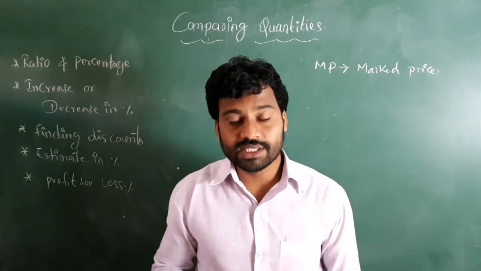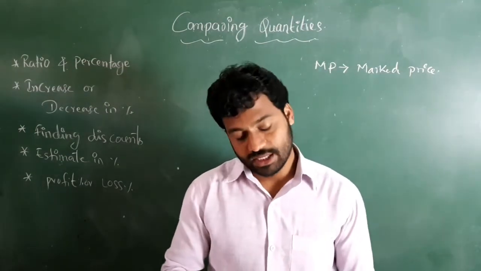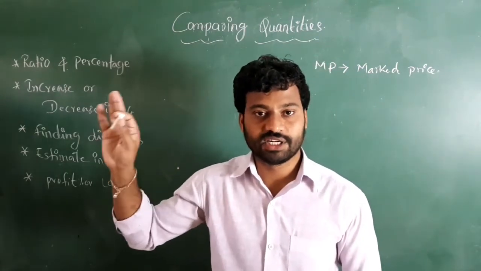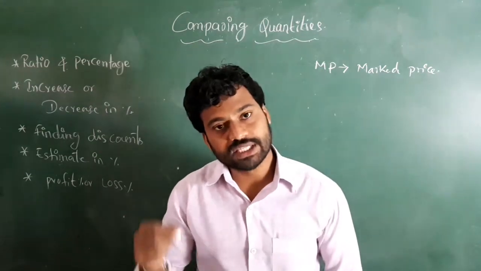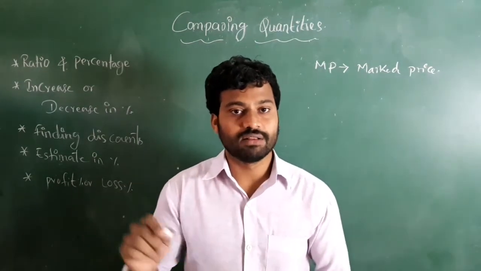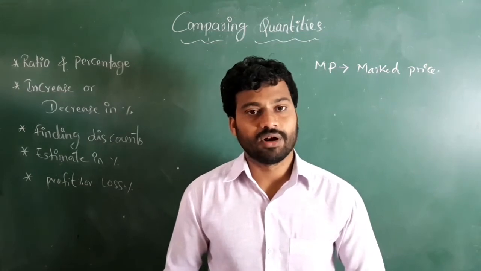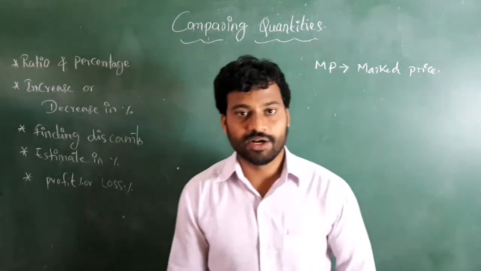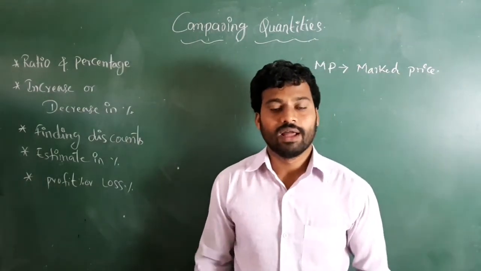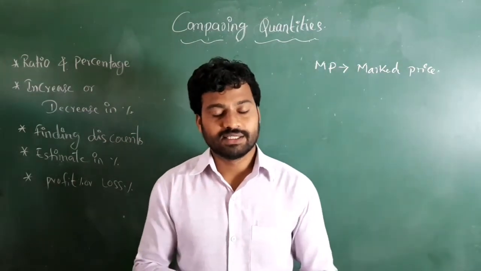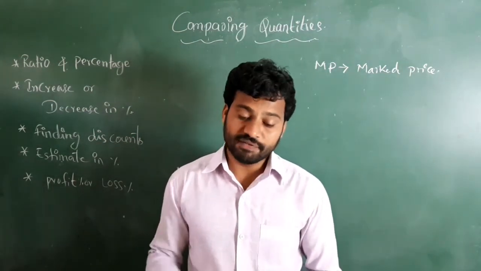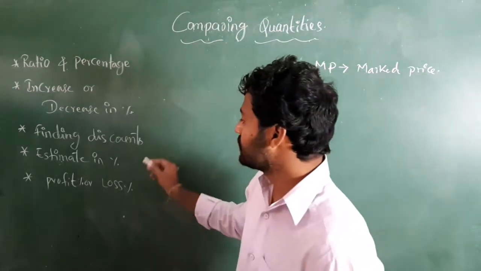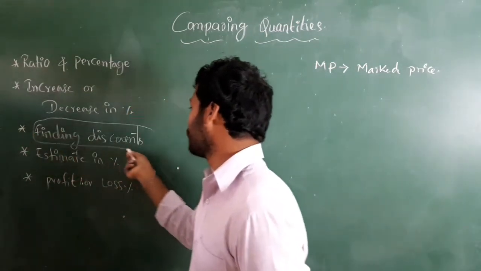Whether he is going to give the same amount or not: in some shops there will be boards saying no discount, fixed rate. That means they are going to sell at the same price which is on the price tag. Correct or not? But in some shops there will be bargaining. If it is 100 rupees, we will ask for 50 rupees. At the end, it will settle at 70 or 80 rupees. If it is 80 rupees, then what is the 20 rupees? So the 20 rupees will come under the discount.